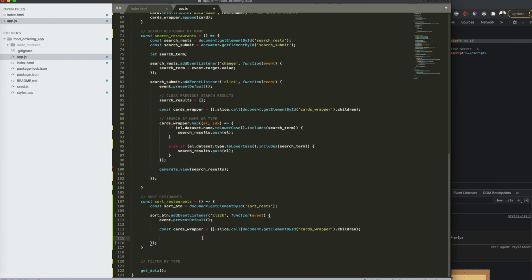So now let's write a comment here: sort by names alphabetically on all cards. Okay. And let's create a variable called sorted, inside which we're going to store the value of our sorted HTML elements. Okay, so now in here we're going to do cards wrapper, and we're going to call the sort function. That's going to take another callback,